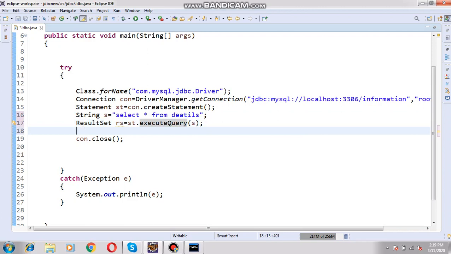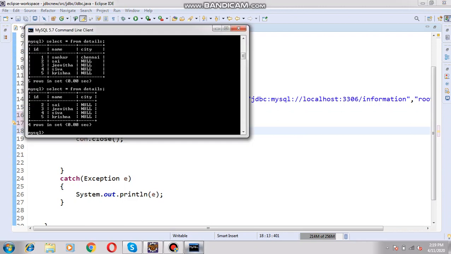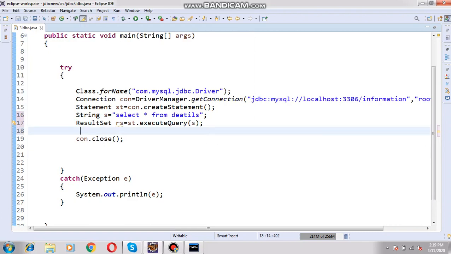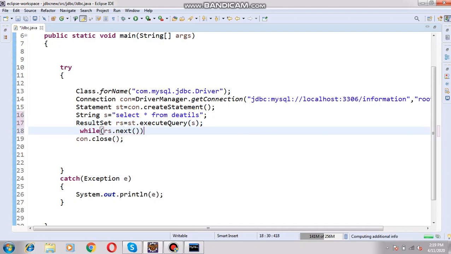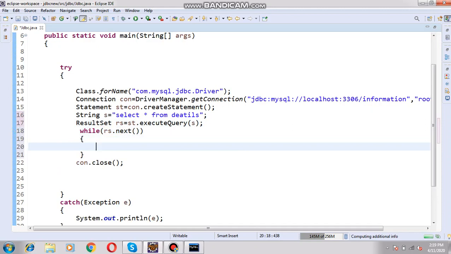Now if I want to print my values one by one, how many values are there? 4 values. If I want to print all my values one by one, I am using the while loop. So while rs dot next. Next means it will fetch the values one by one.